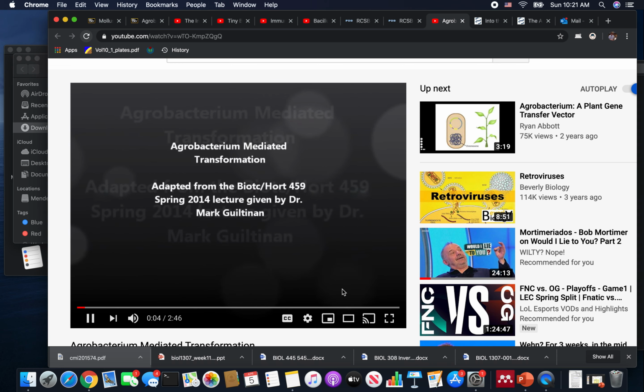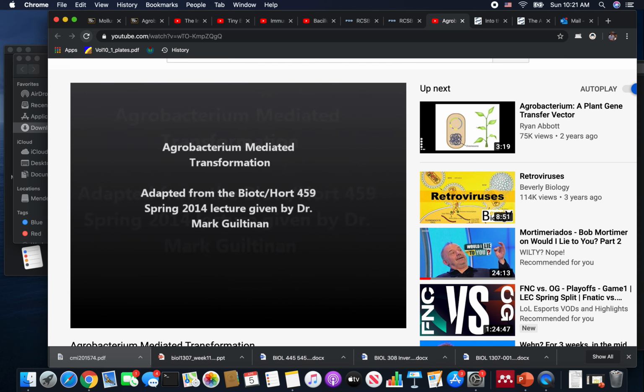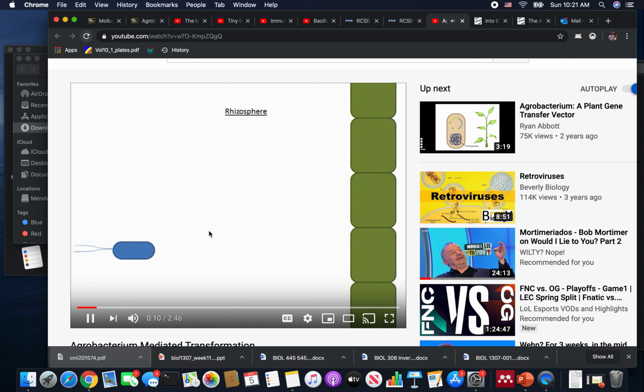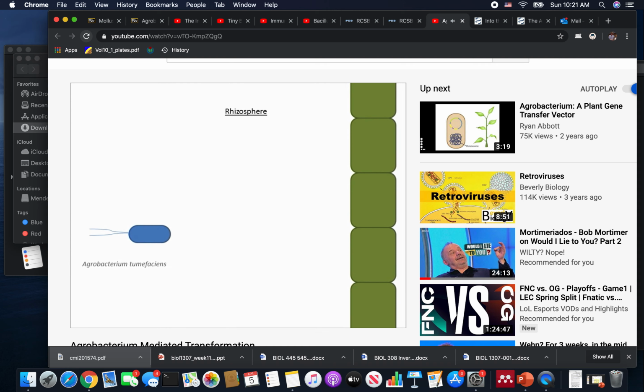As you can see, I've stolen from the best. Mark Giltonen. Agrobacterium tumefaciens is a soil-dwelling bacterium which resides in the rhizosphere and utilizes nutrients from the plant to